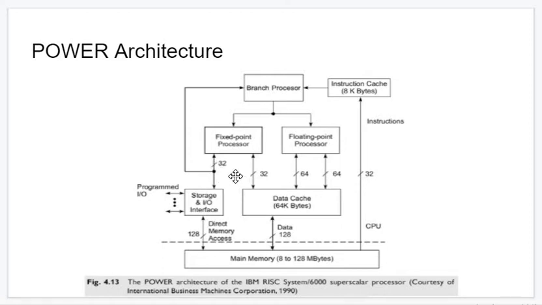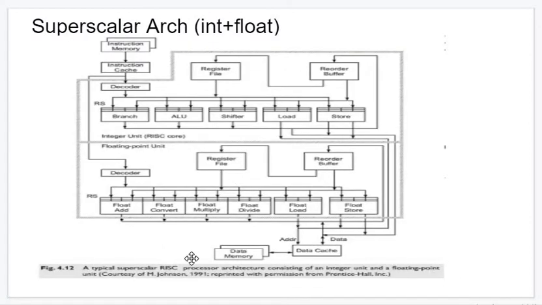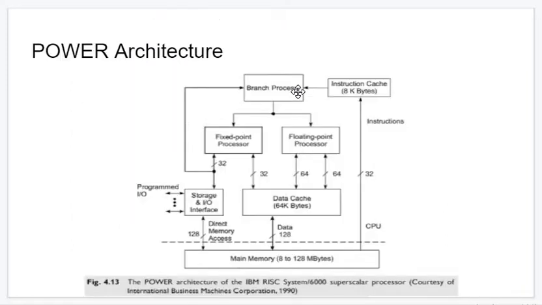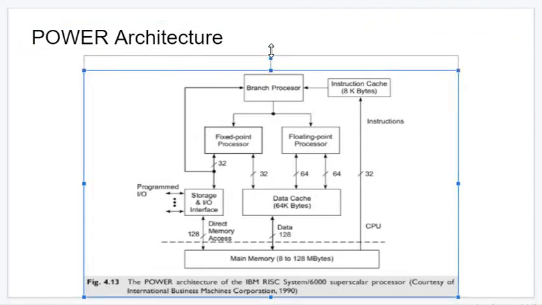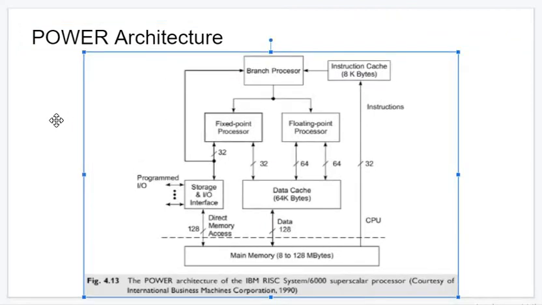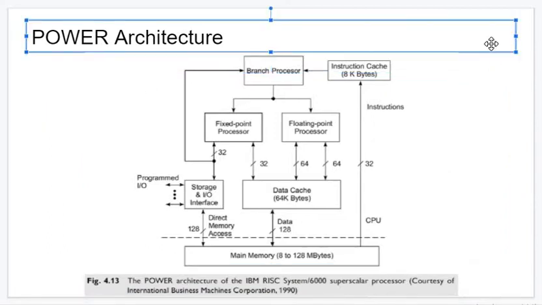Okay, in the last class we have seen superscalar architecture which differentiates integer and float. So now let's continue with that topic. One more example is the POWER architecture. I felt this as important, so I am taking this. It is a case study actually. The IBM computer superscalar may not come in an examination, but I felt it as important so that you can use the knowledge wherever it is helpful.